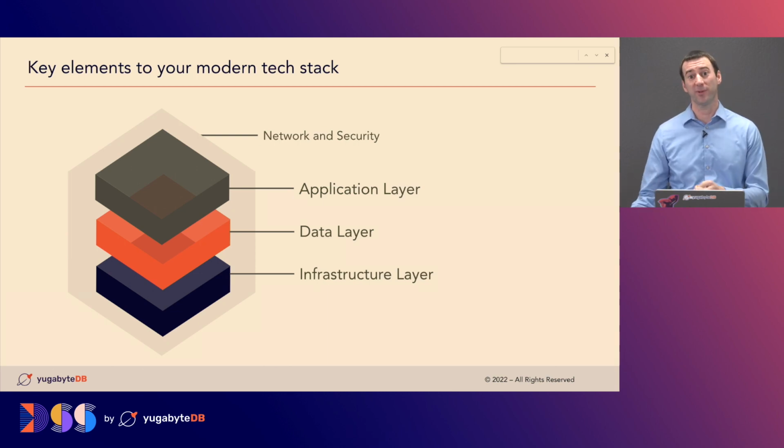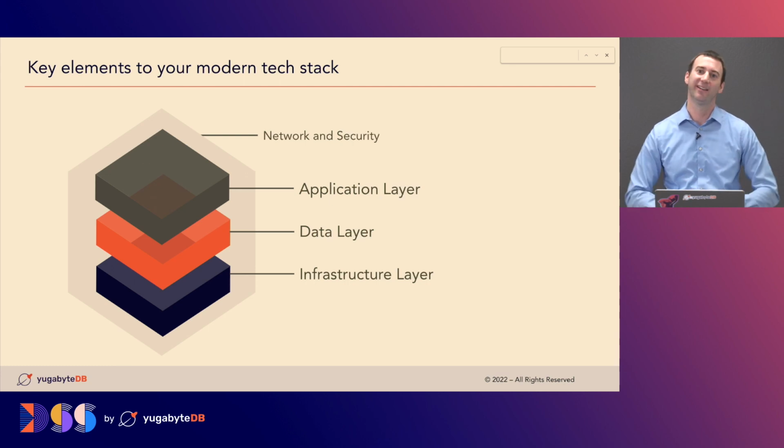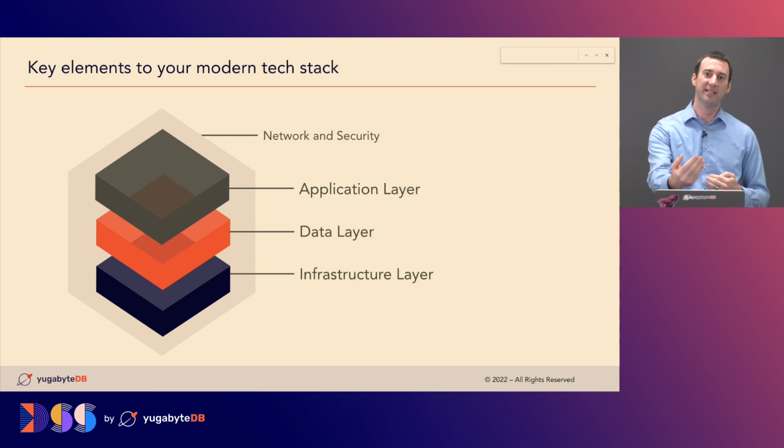And then, of course, at the bottom, we have the infrastructure layer. This is our cloud, our networking, our storage, those core components, the big hardware that we can drop on our foot. And then in between, we have this critical data layer. This is the piece that's storing the data that feeds the applications, and it's consuming all that infrastructure below.